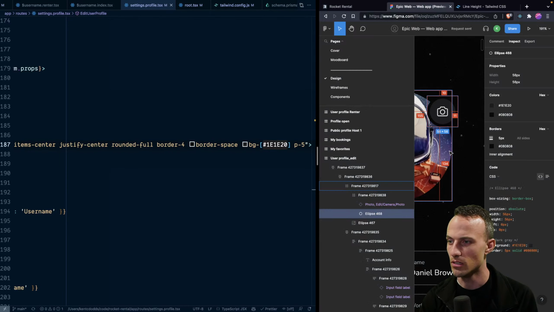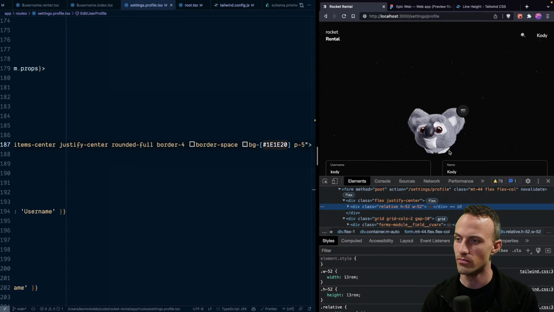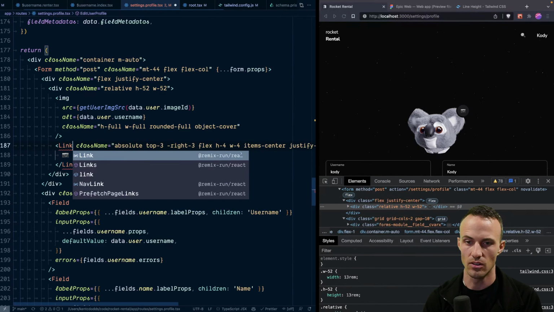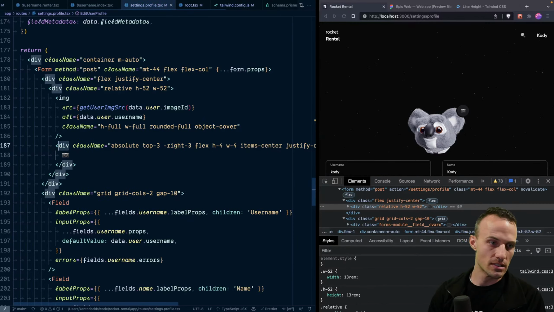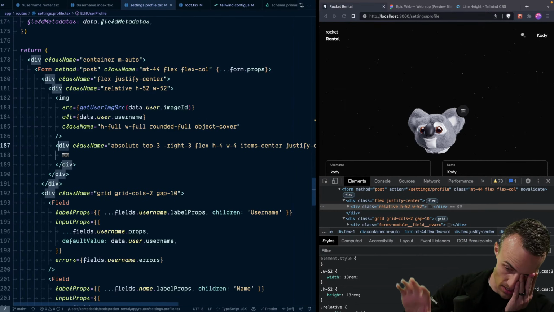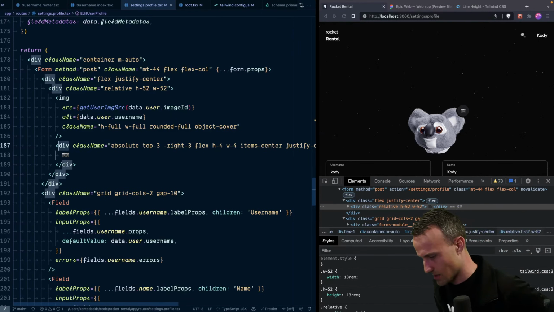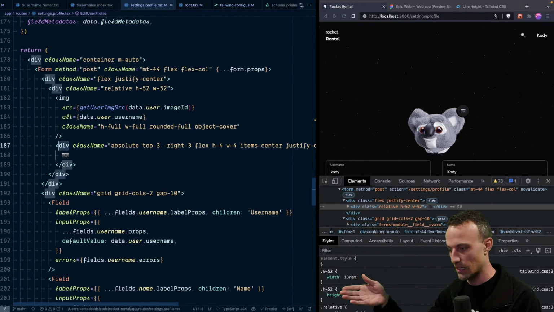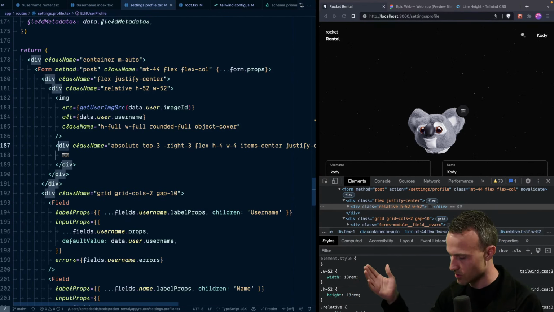Of course, it will look better when we have the actual SVG for the camera icon, but this works in a tight pinch. So this is also actually going to be a link. Or no, hold on. Ooh, so should this link to a page that is a modal? So here are the challenges with that. If we link to a route, so it'd be settings profile, photo or avatar or something,